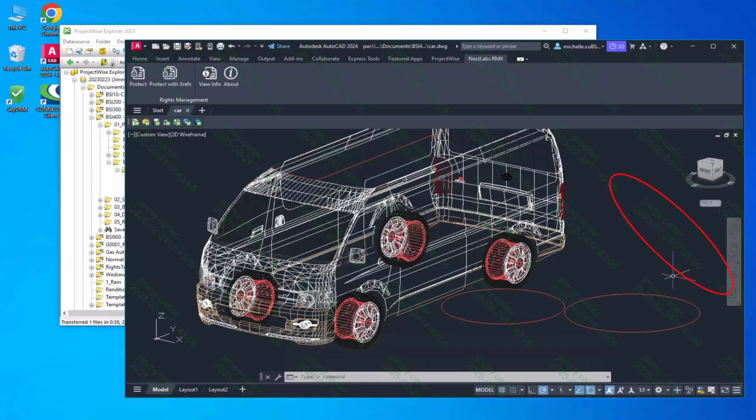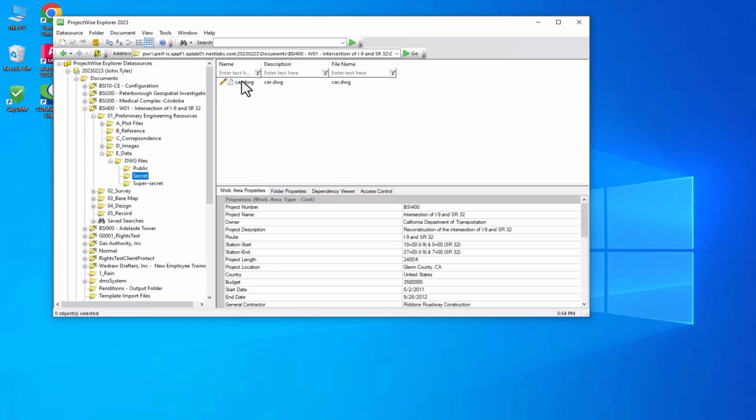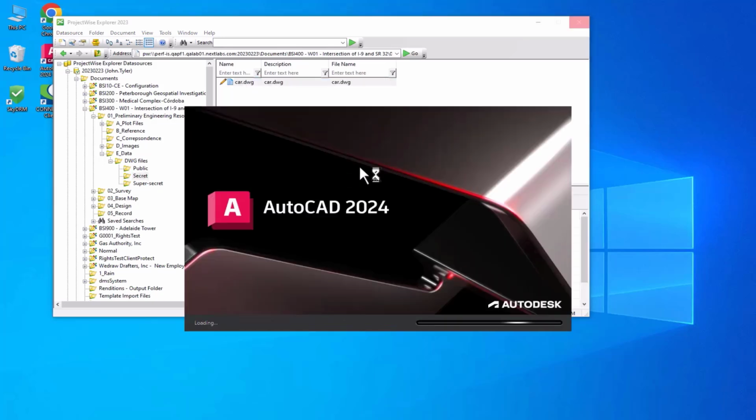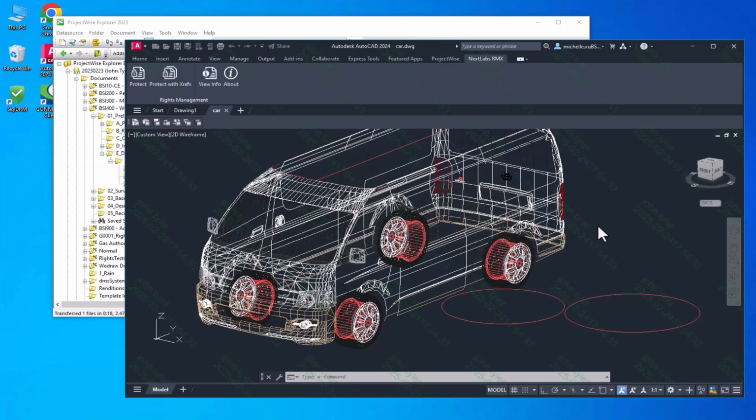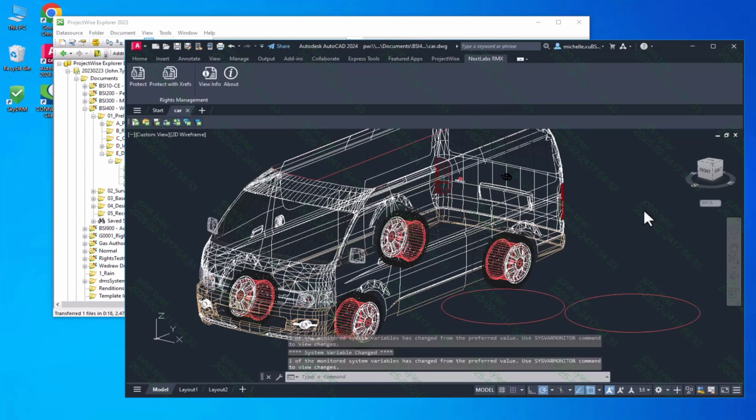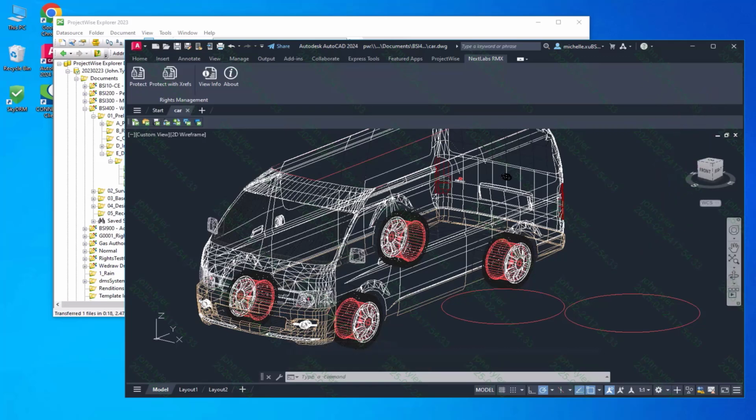on February 24th, 2025. Let's switch to John Tyler and open the same file with AutoCAD. You can see the watermark is dynamically updated with the current user, date, and time. Now it shows that John Tyler opened the file at 5:54 p.m., February 24, 2025, 10 minutes after Jimmy Cotter